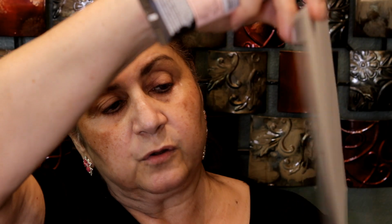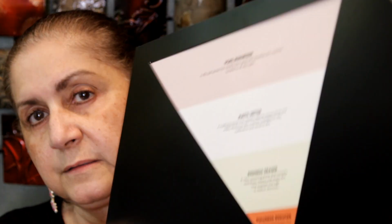And then the one that is for matte, the matte setter, because I have some foundations that are very glowy, and I prefer to use a matte primer with that, and I really don't want too many matte primers. So we're going to start with this primer right here. And in this, they tell you what each primer is for. I really don't want to go through that right now because I don't want to waste a lot of time,